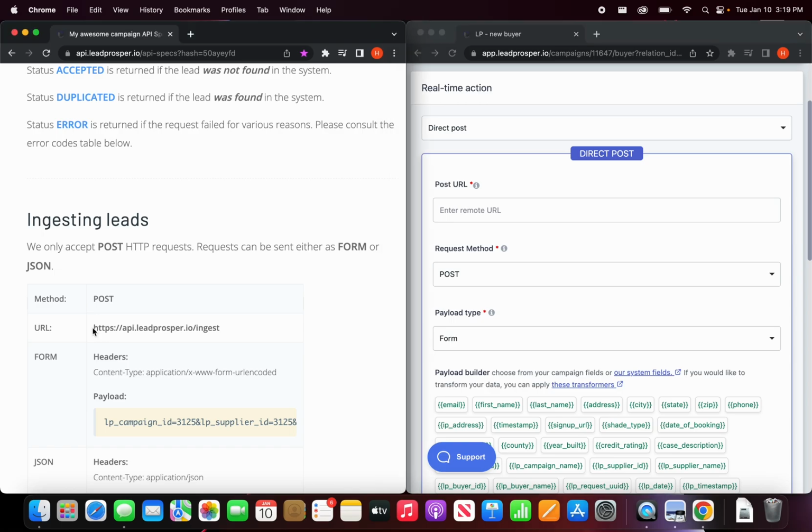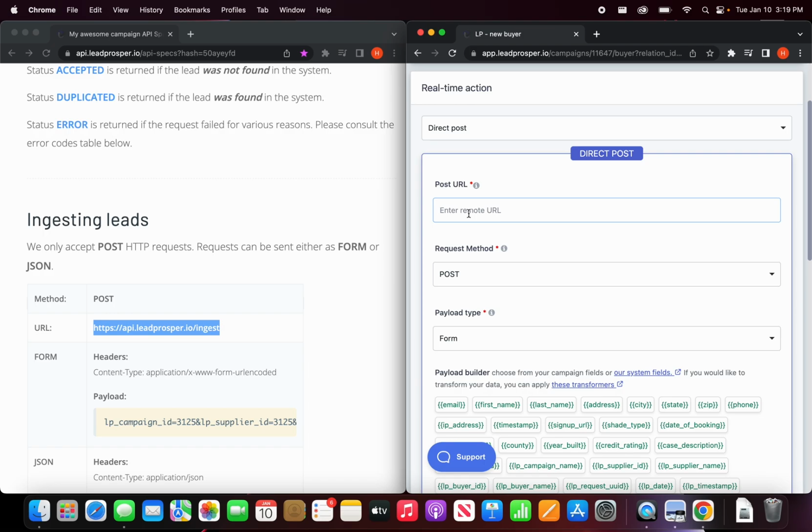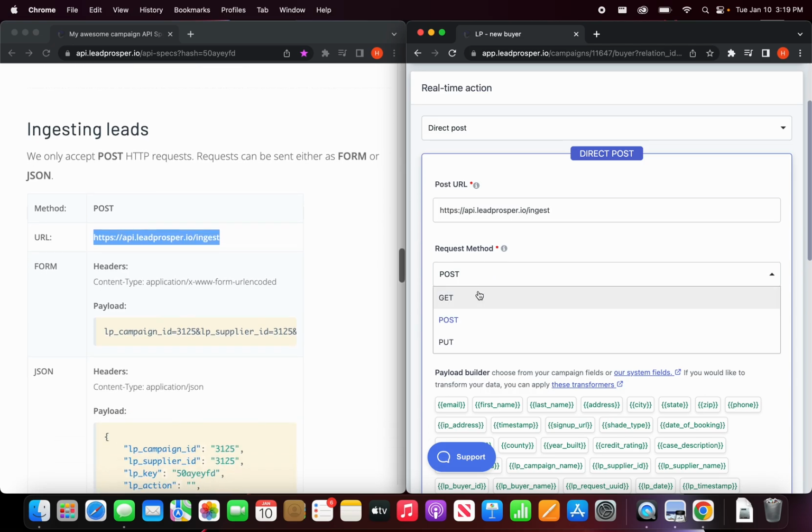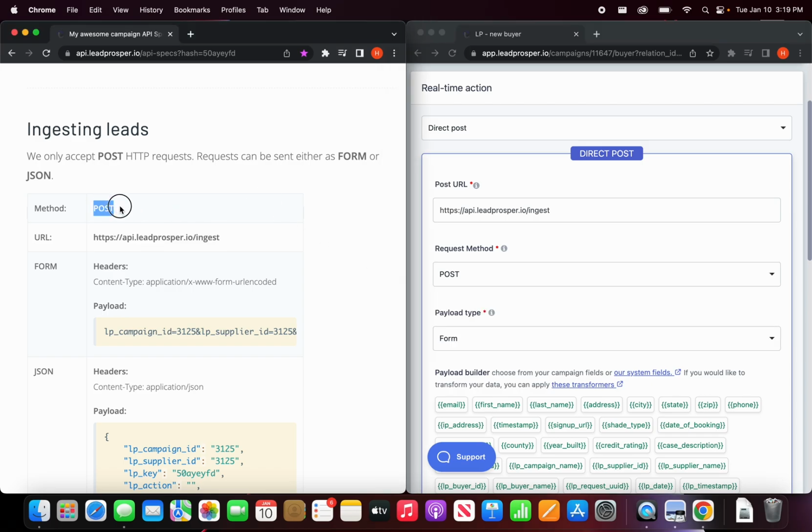First, the posting URL. Where's the information going? The buyer's provided this URL, so let's copy and paste that here. We recommend using copy and paste whenever possible because a typo in the Payload Builder can leave you scratching your head wondering why your campaign isn't working. Next, we need to choose our request method. Our options are get, post, and put.